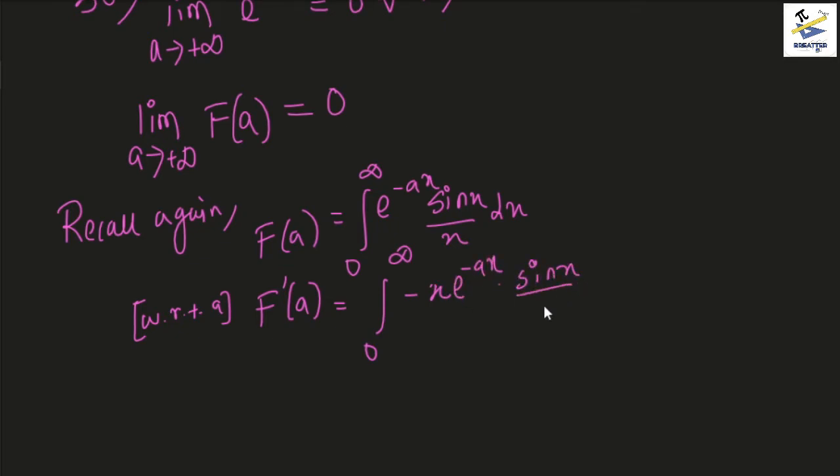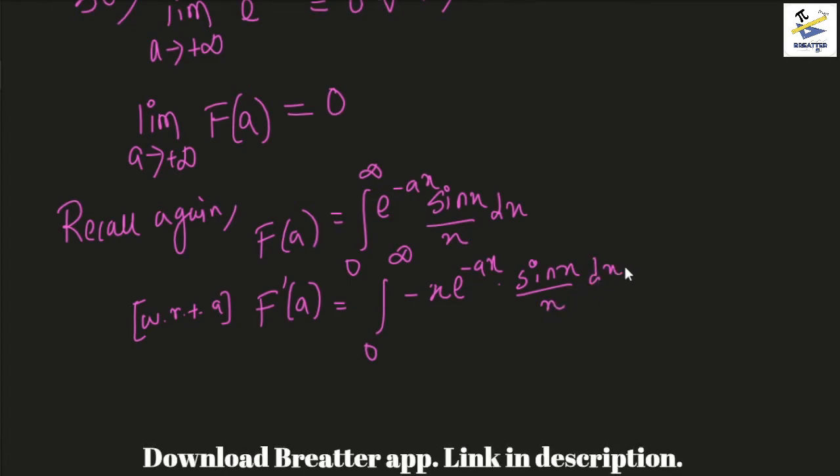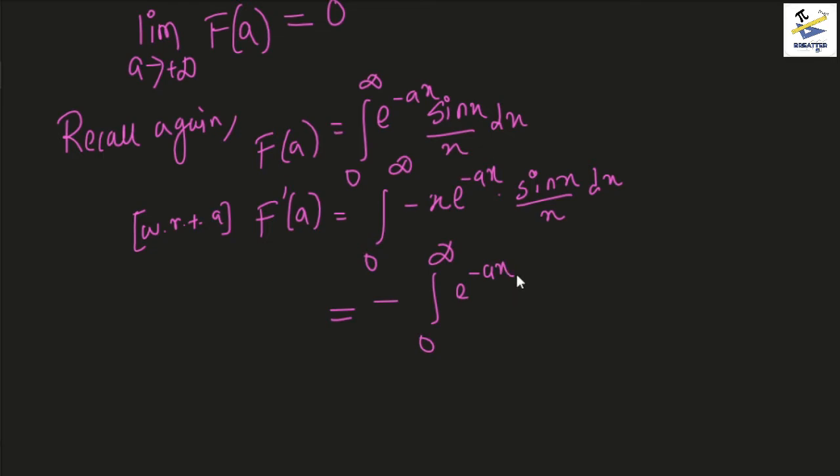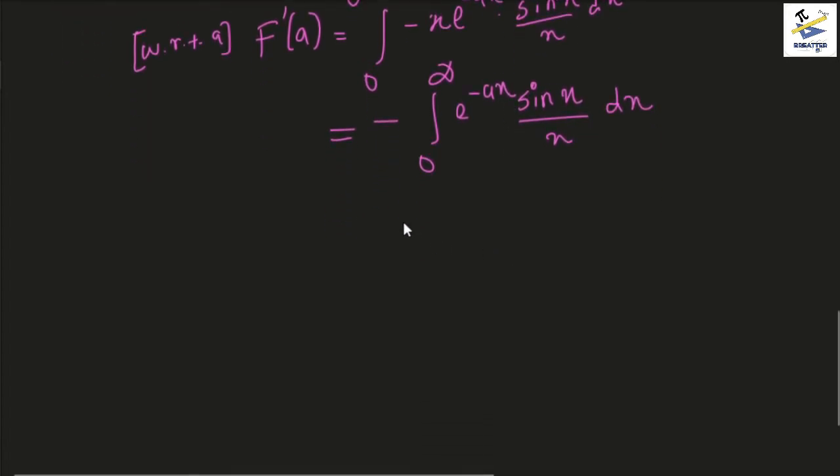And I would state Leibniz rule of differentiation here after I write this thing. So this basically becomes minus integral 0 to infinity e to the power minus ax into sine of x by x dx. And Leibniz rule of differentiation basically says that